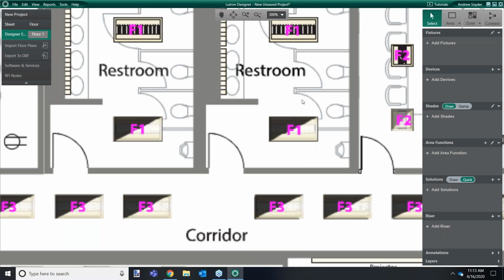Let's move on to step 2, add fixtures. What we've done here is we've added 5 fixtures to the top of this example floor plan for you all to use as an example. The text is a little difficult to read, but you can see on the top left here, I have a pink F1. I then have an F2, F3, F4, and so on. So when I click the Add Fixtures button,